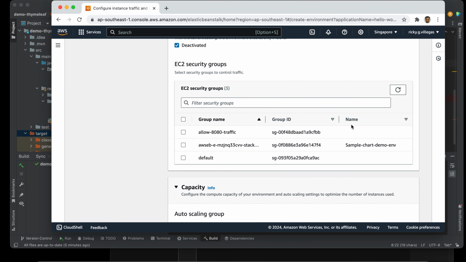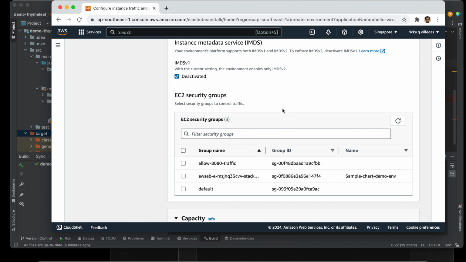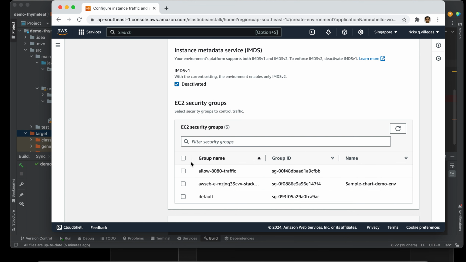For this one we need also to select something. This is very important. This is the security group. Without selecting this, we cannot access our application. This one I created earlier. I will show you how to create this, but for now let's select this one, which allows 8080 port traffic.